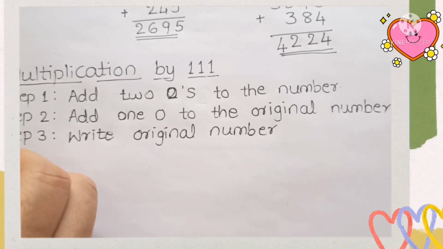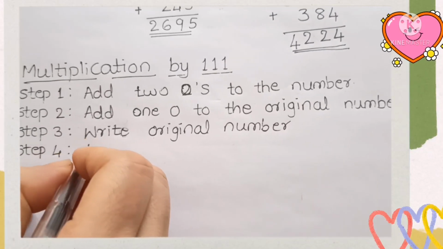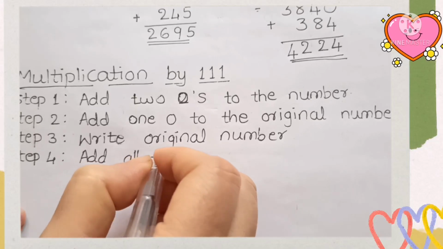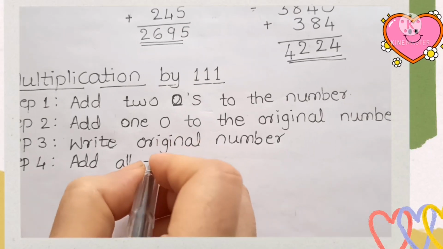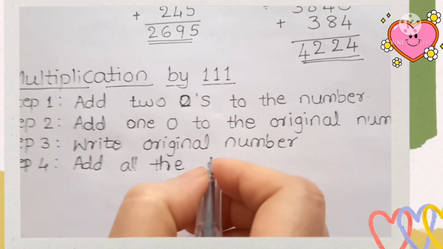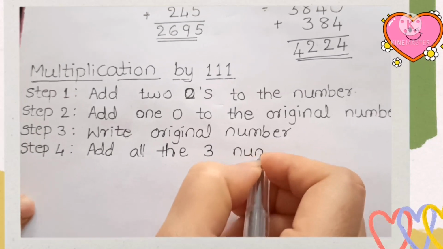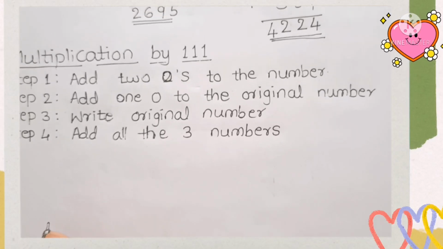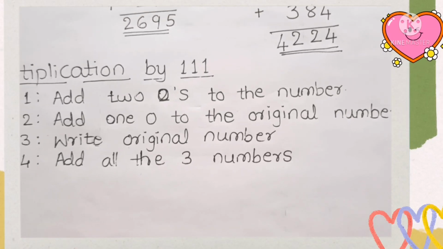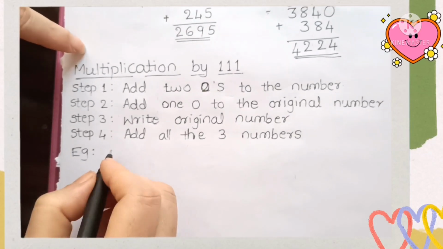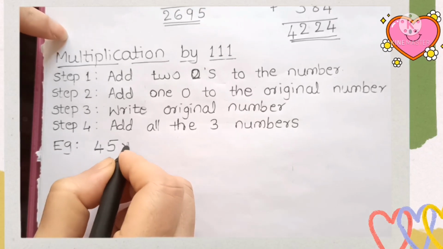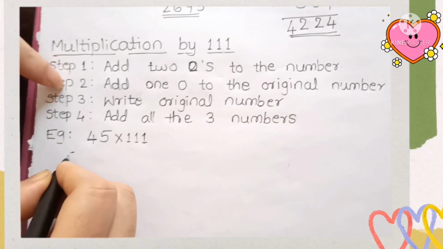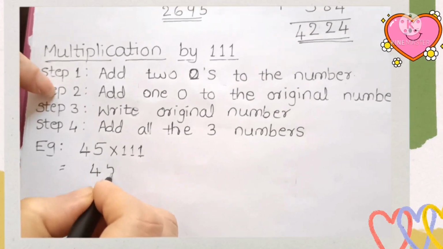अब हमारा फोर्थ स्टेप है कि हमें 59 और 2 0, 59 और 1 0, और 59, तीनों नंबर्स को ऐड करना है। ये हमारा फोर्थ स्टेप है और जो उसका आंसर आएगा वो हमारा आंसर रहेगा, मतलब 59 इंटू 11 का आंसर रहेगा। अब हम लोग हमारा सेकेंड एग्जाम्पल देखेंगे। सेकेंड एग्जाम्पल में हमने नंबर लिया है 45 इंटू 111।